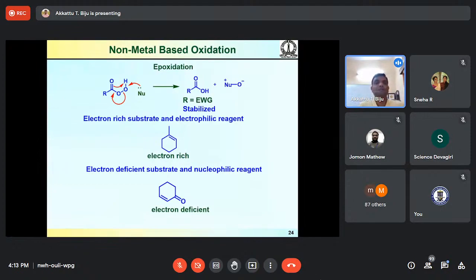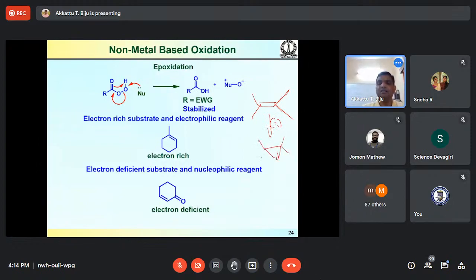Before we go further, we should know the epoxidation reaction usually happens on a carbon-carbon double bond, and this gets oxidized to